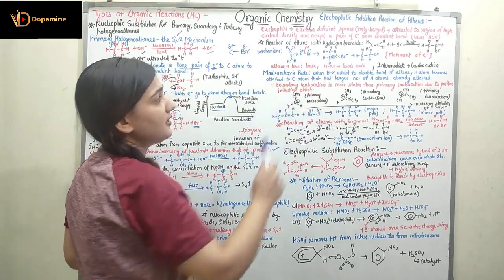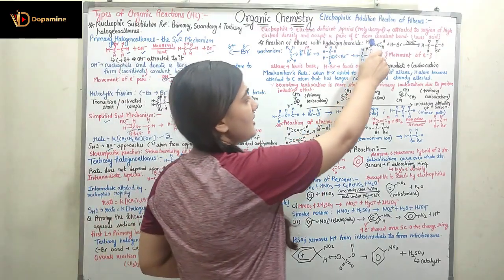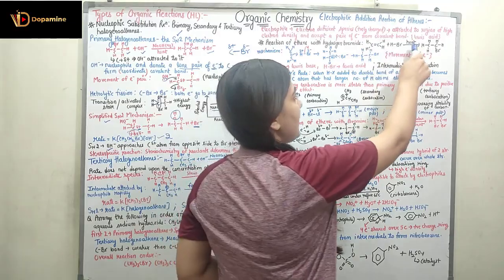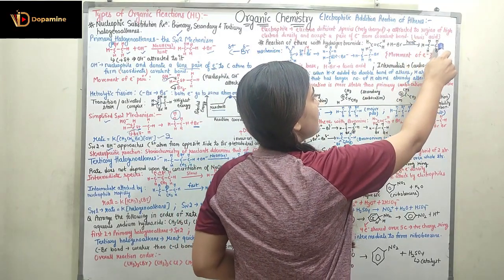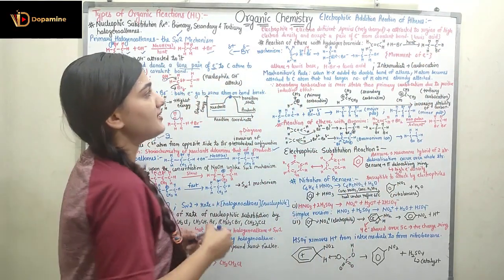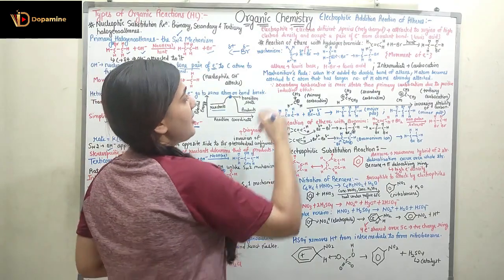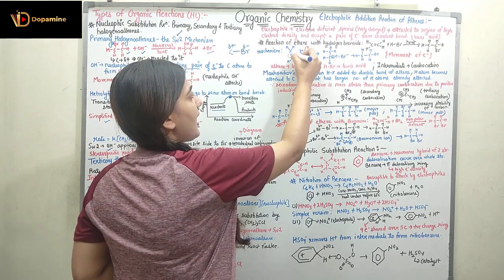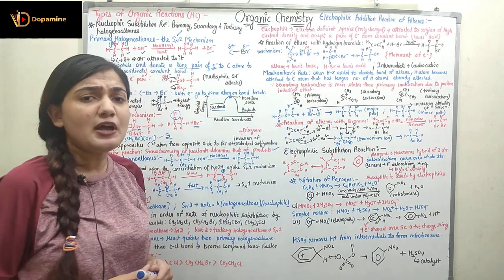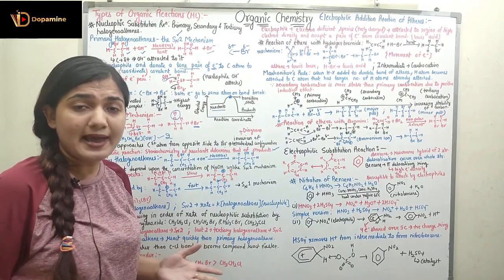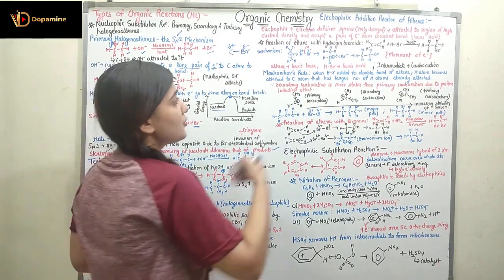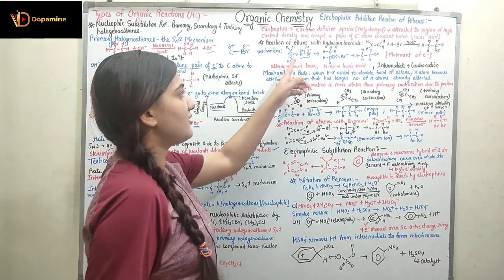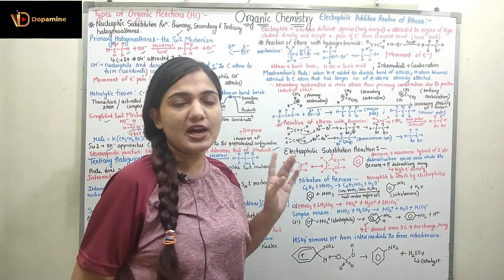Now, the reaction of ethene with hydrogen bromide. This is my ethene, CH2=CH2, plus HBr. On providing heat, we will have CH3CH2Br. Here you can see the mechanism. We have CH2=CH2, where the high electron density is present on the double bond. We have the sigma cloud as well as the pi cloud, which has more electrons. HBr is a polar compound, where we have a partial positive charge on the hydrogen and a partial negative charge on the bromine.